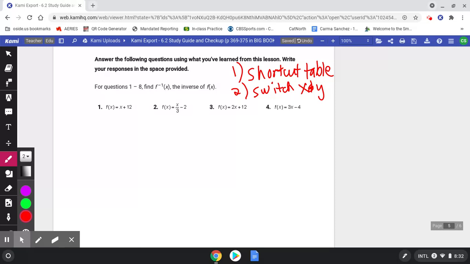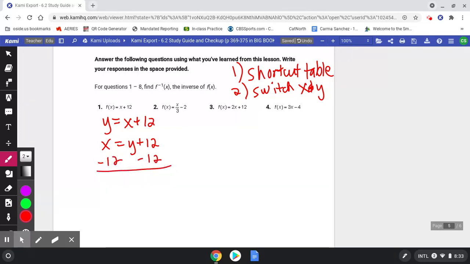As you follow the steps in your previous study guide, we're starting by switching the f of x to a y. We're changing the function notation back to a y output notation. And then step 2, switch the variables. Your x becomes your y, and your y becomes your x. And then we need to solve for y again